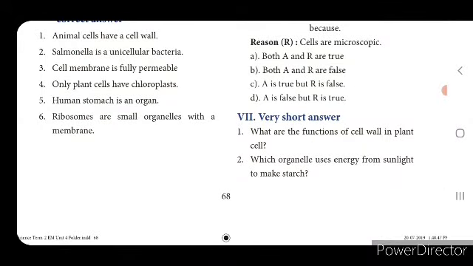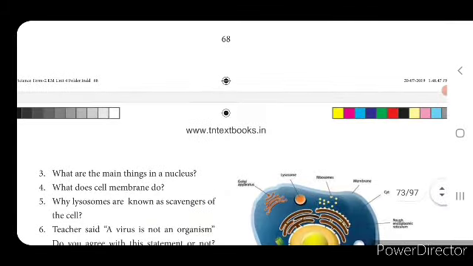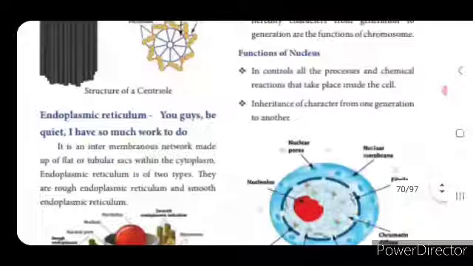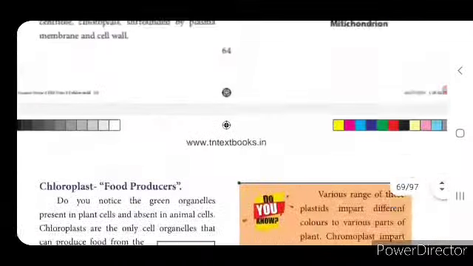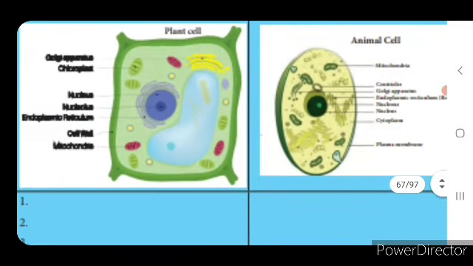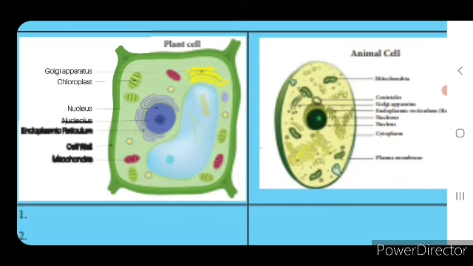Here you read both, very short answer and short answer, everything you have to read. Then coming to long answer, here write about any three organelles in detail, you have to read that one, very important. Then coming to the diagram, here animal cell and plant cell, it is given in your page number 69 as a question, but you can take page number 63, there it is given animal cell and plant cell diagram. So this you practice well, whichever is asked you have to draw.